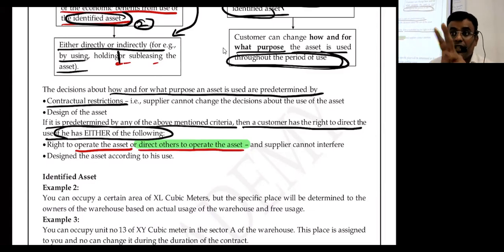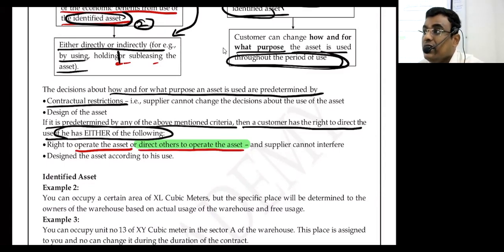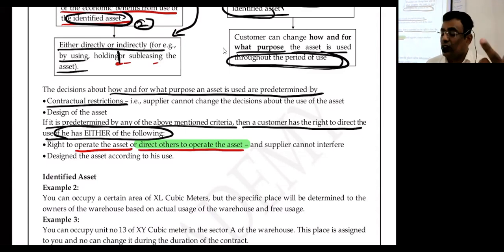Please understand this, because there will be case studies. They will be saying that ABC Limited have installed this machine, but ABC Limited does not have knowledge about this, so he requested the supplier to do these services. Now the rights to operate, the operation is handled by the supplier. Classify whether it's a lease or not. Yes, lease. But yes or no?